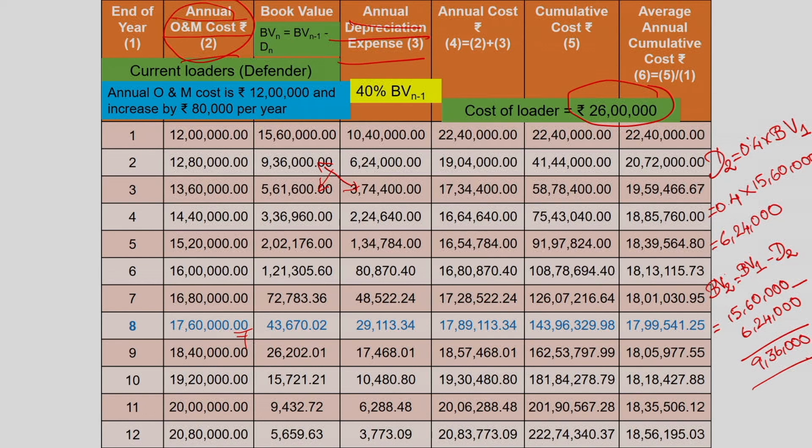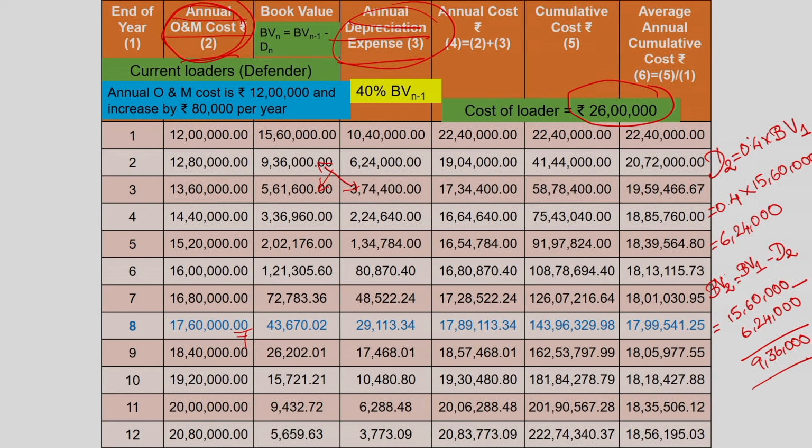Now let us estimate the annual cost. In this problem, to make it simpler, I have reduced the components of the equipment cost. I have not considered all the components. We have considered the operating and maintenance cost, and we are considering the depreciation. All the other costs discussed for the earlier problem, like downtime, the effect of inflation, and the obsolescence cost need to be considered, but for simplicity I have not considered them for this problem. But to make an accurate estimation, you are supposed to consider all the components of the equipment cost.